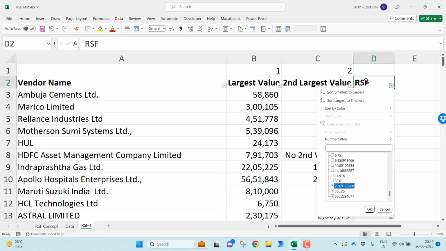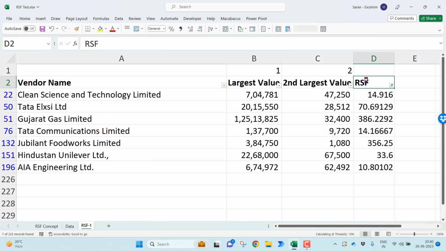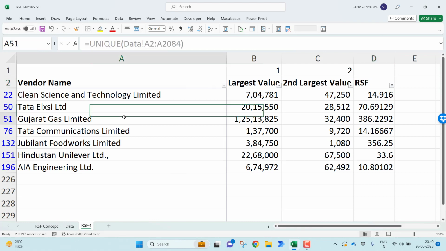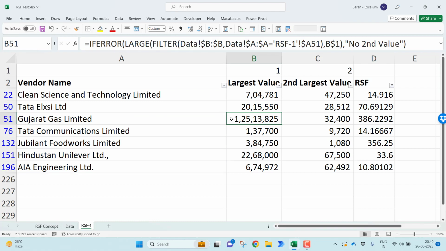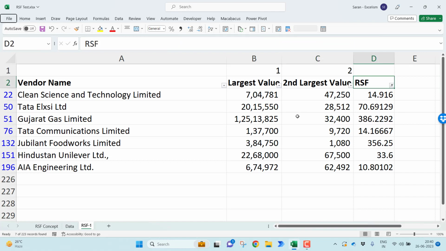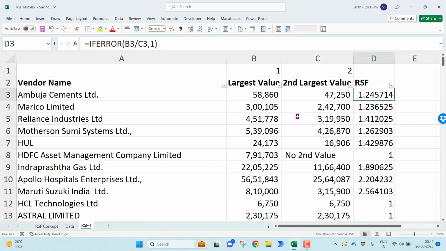Let me highlight all which are greater than 10. Enter. I will go and do some investigation on these transactions. Meaning, Gujarat Gas Limited, I found there was a transaction 1 crore 25 lakh 13,825. The second largest transaction from the same vendor, I found 30 to 400. If you want to extend this from the second largest to third largest and so on, don't worry, it's very